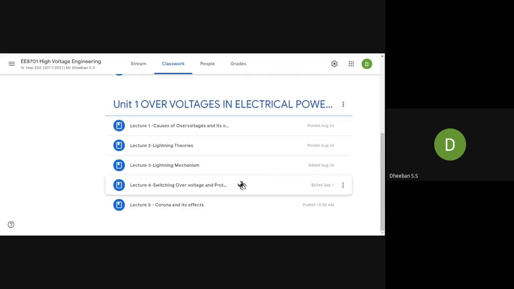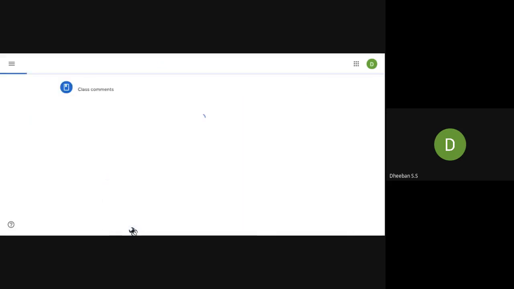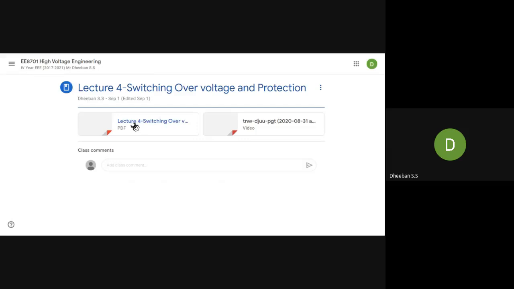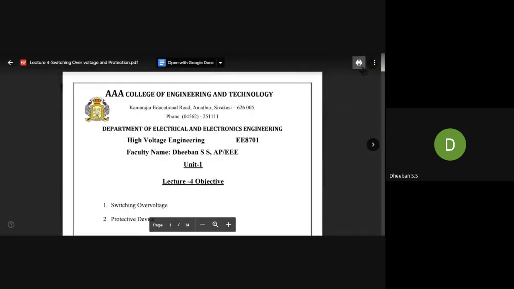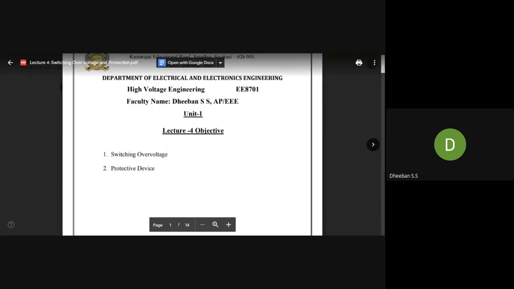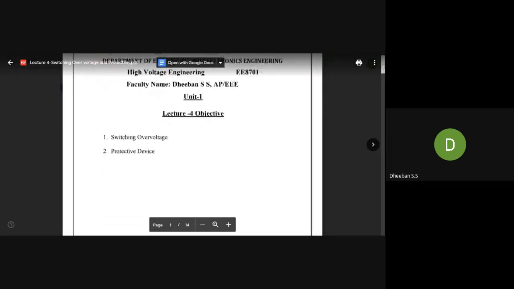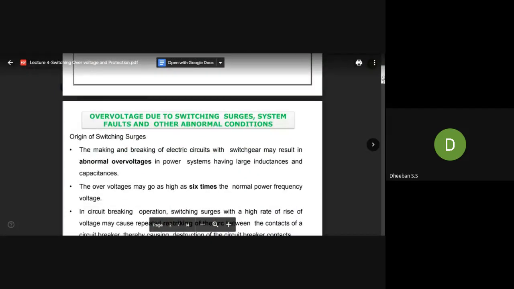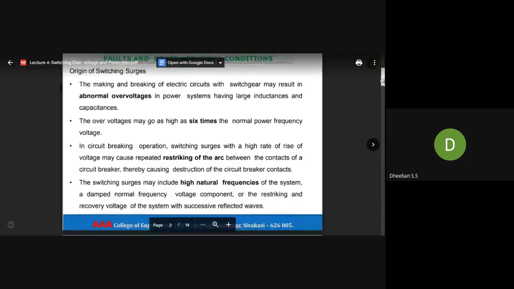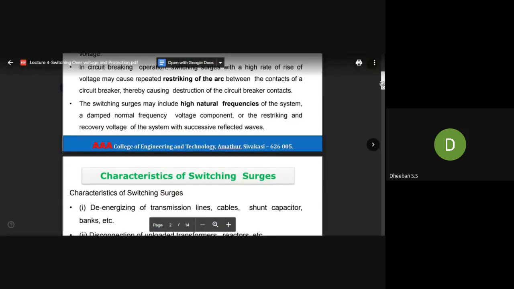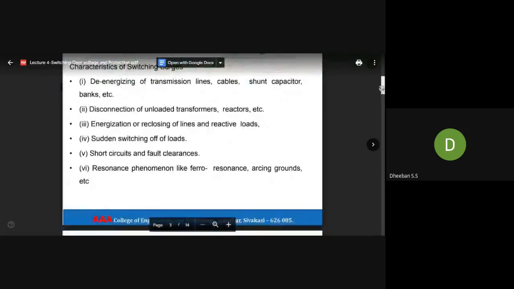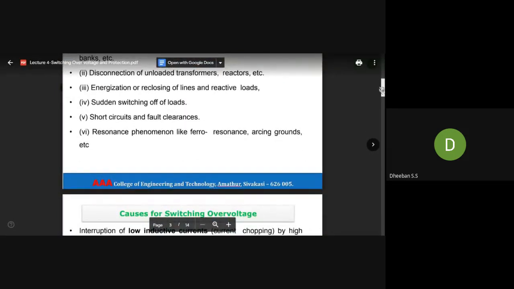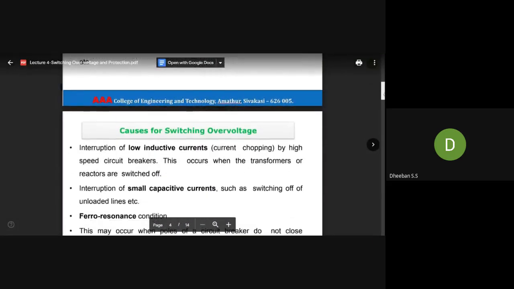Last class we have seen about switching over voltage and the protective devices used for switching over voltage. We have seen its origin, how the voltage happens, and the characteristics. After the characteristics we have seen the causes, what are the causes for the switching